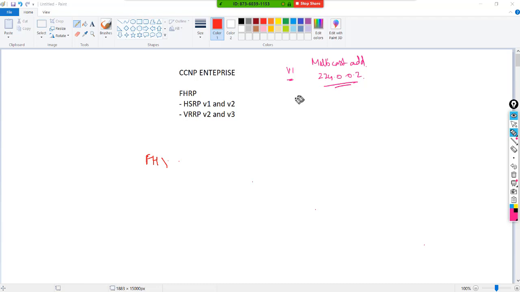There is one more protocol which is called Cisco Group Management Protocol,